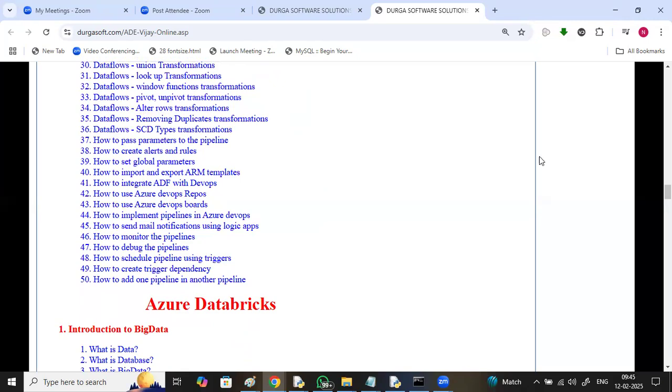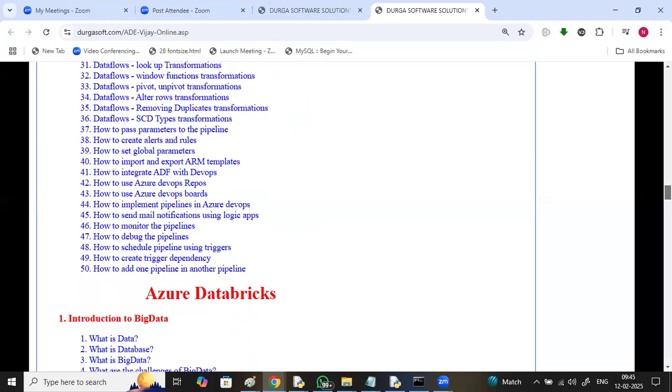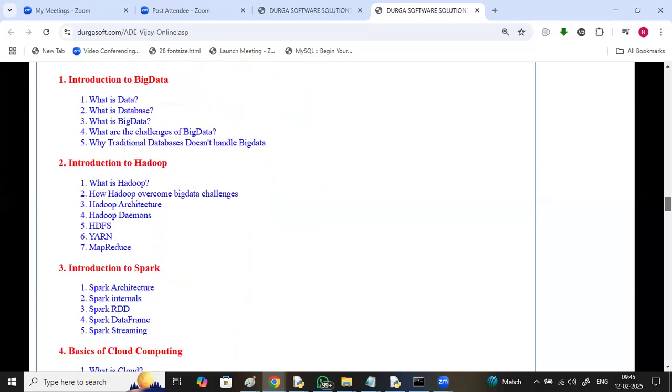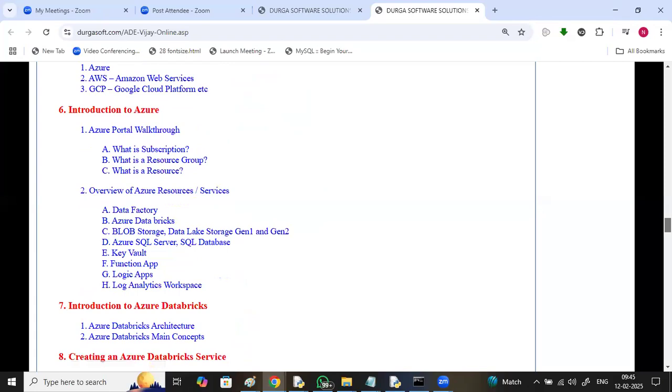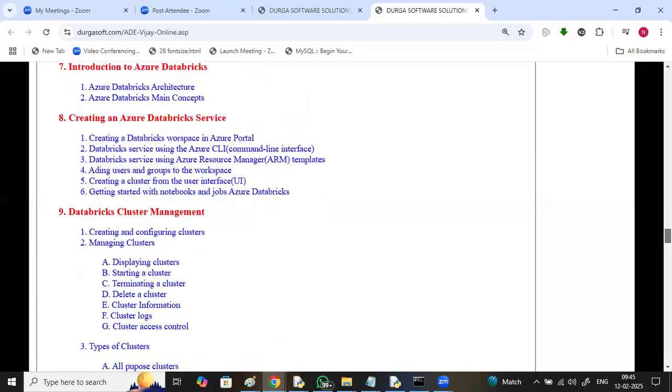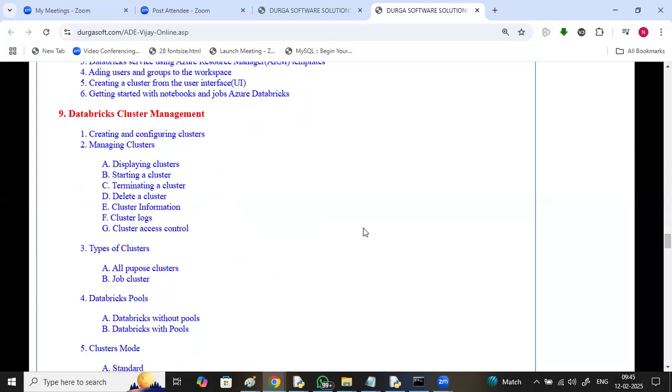I'll provide you the knowledge on these prerequisites, like big data, Hadoop, Spark. Only the basics are required, not in-depth knowledge about this. And coming to Databricks cluster management: displaying, starting, terminating, deleting the clusters, types of clusters,